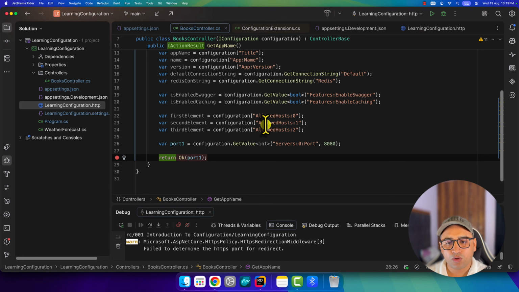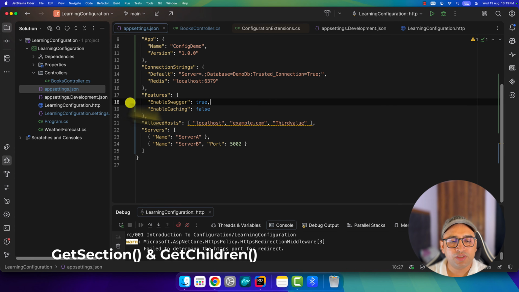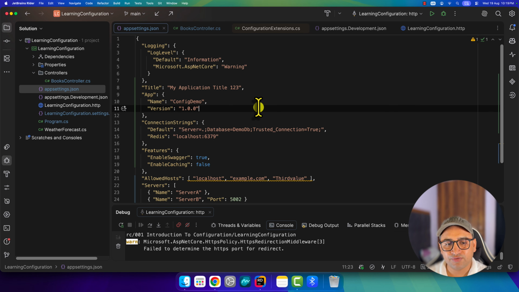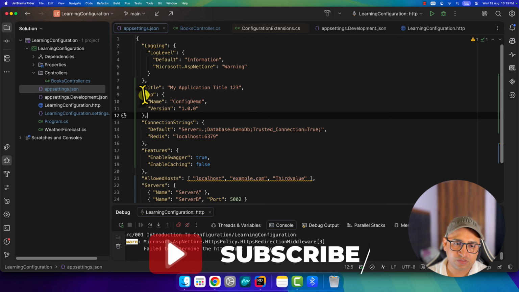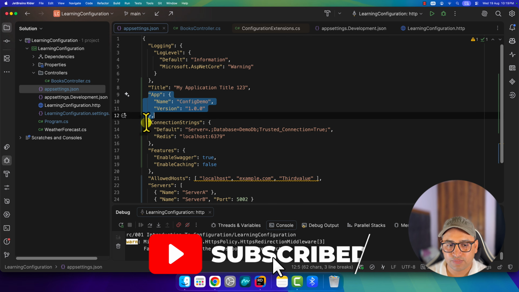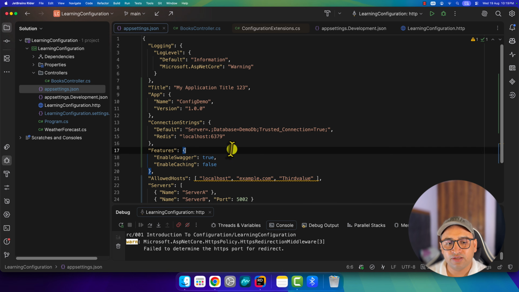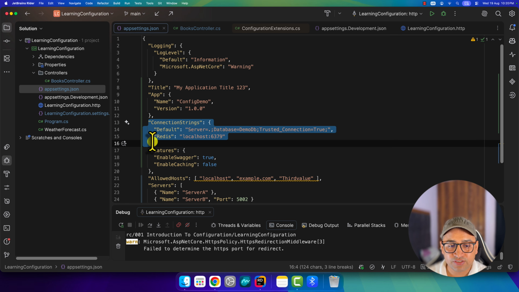In this video, we will talk about GetSection and GetChildren method. If I go back to my app setting file, you can notice that we are having some objects at this place. So this is my key and this is the value. This is called a section in the configuration. This entire one is a section. So instead of reading this entire file, if I want to get the data from a specific section, then we